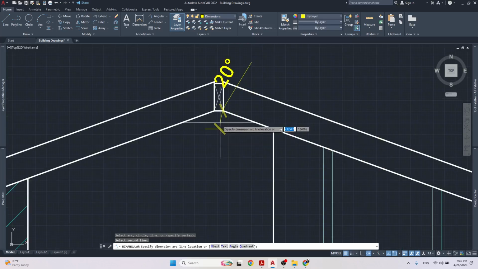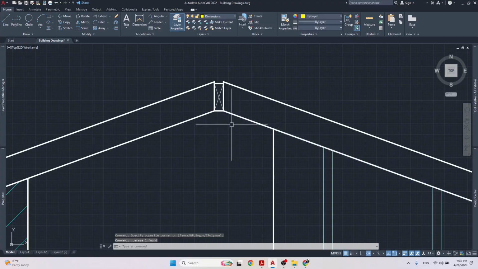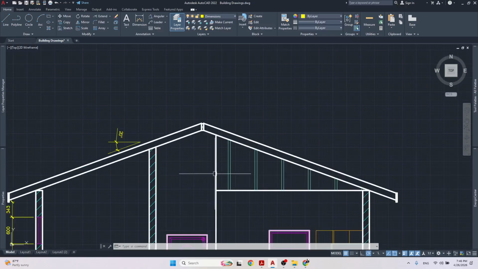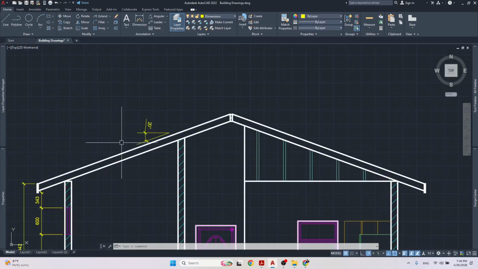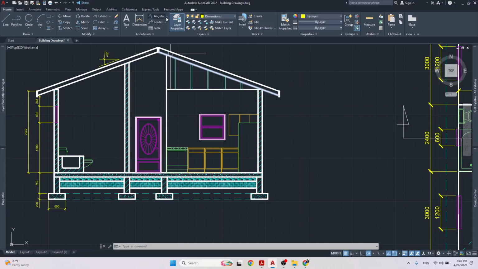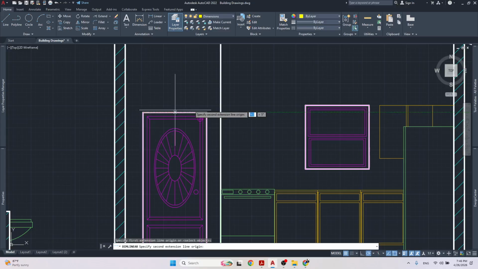I guess I used 20 degrees for the pitch. No, I think it should be like 25. Actually, I didn't use the pitch. I just used the distance, the height, to do it. So I didn't put it in manually. So that's fine. So let's just do some dimensions for like the height of the door, the width of the